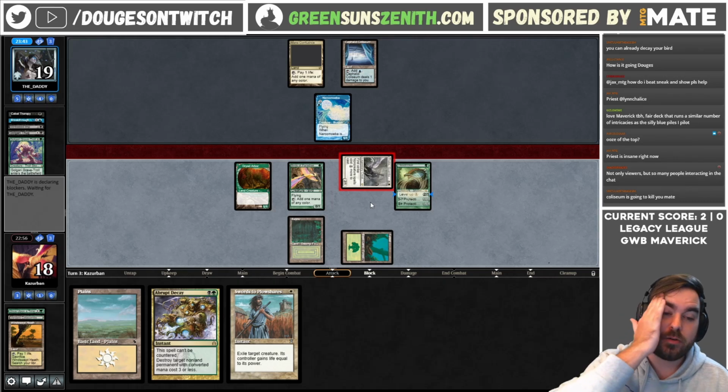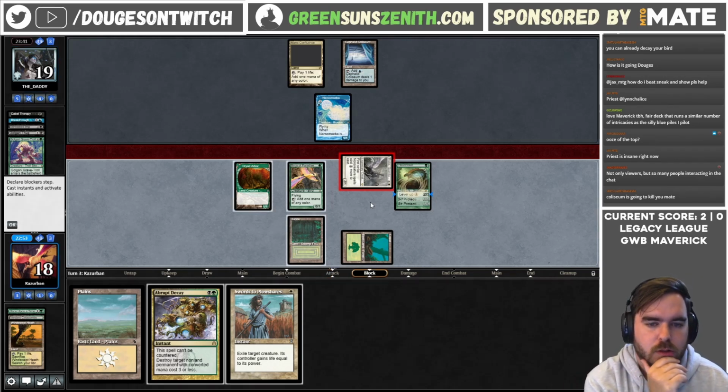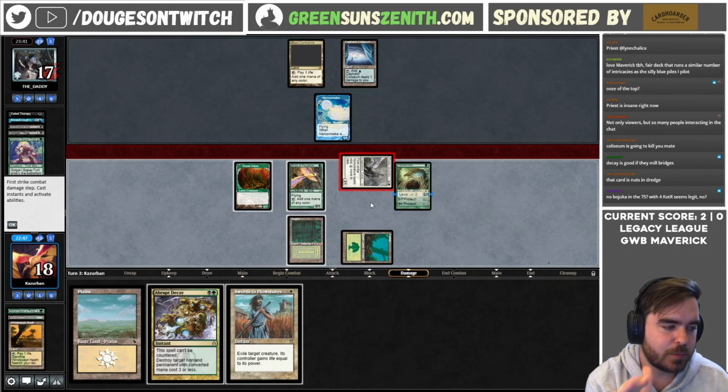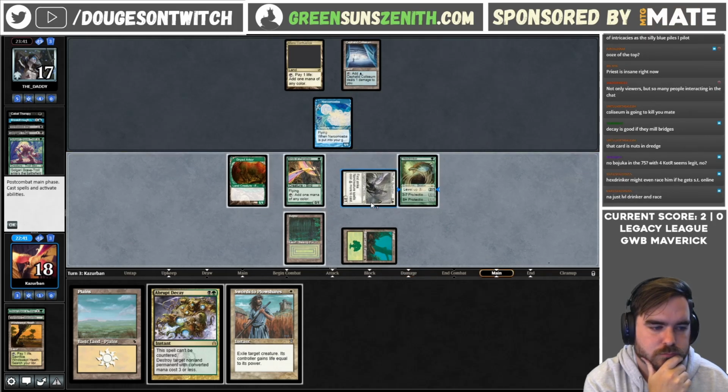The big question here is do I want to hold up Abrupt Decay or Swords to Plowshares? Or am I happy with just ticking up the Hexdrinker? Yeah, I think just to play it a little bit safe, holding up the Abrupt Decay is better. We can also level up next turn as well, so...